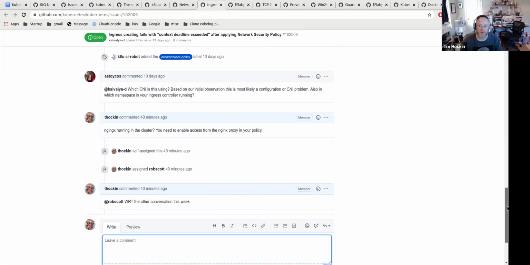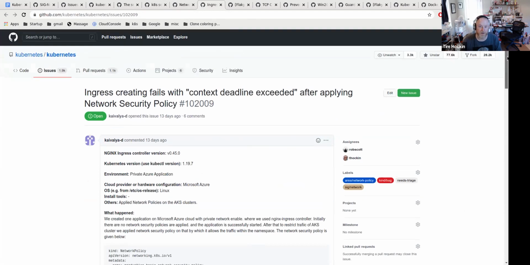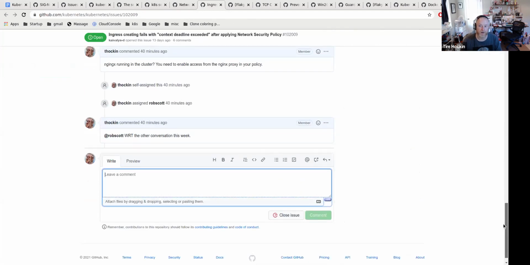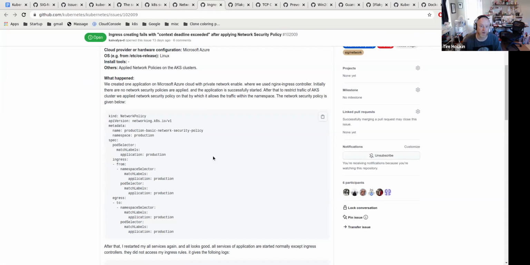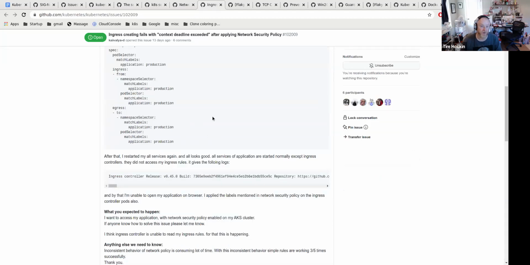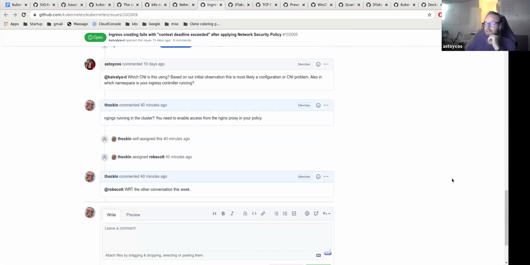Next was ingress versus network policy. I actually put something on the agenda to talk about network policy a little bit later. I think the issue is that they have an in-cluster ingress implementation in Nginx, and they're not enabling the network policy for it. Does that sound right? I've seen this before. This came up. We felt like there was a lot missing, so I asked a few questions down there. I wasn't sure. Like, we didn't know.